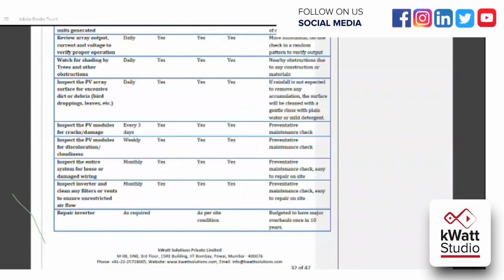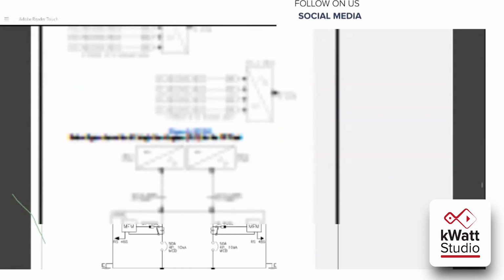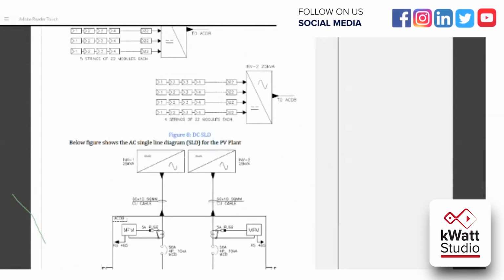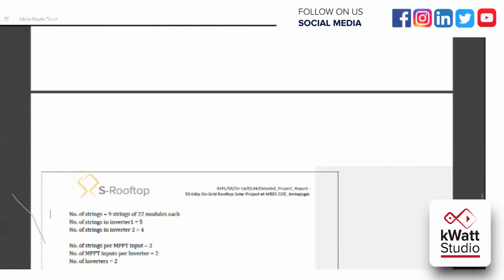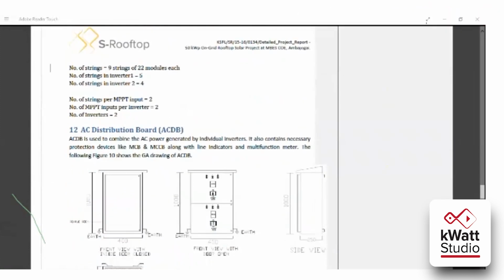So this was all related to DPR content. So we will summarize the DPR content, what you have to add in DPR content. Basically the main content of DPR is the financial content, the technical content and the site related content. First you have to add the site details, climatic detail, solar irradiation detail based on the site and their existing electrical infrastructure and the area availability. Before shadow analysis, after shadow analysis.